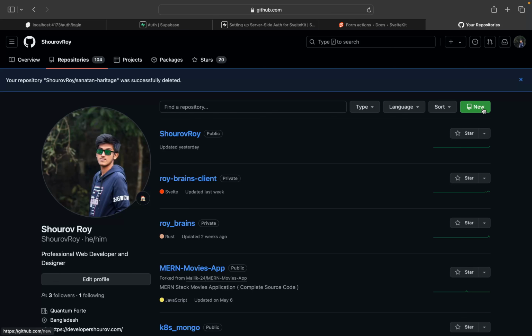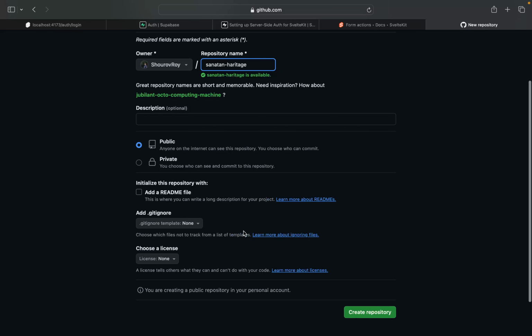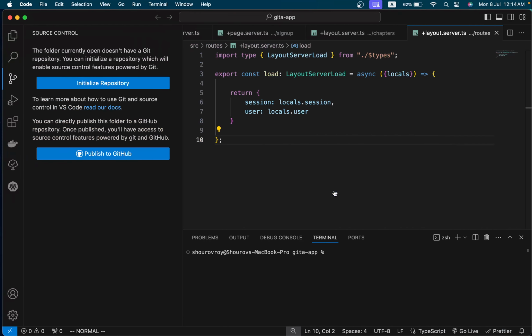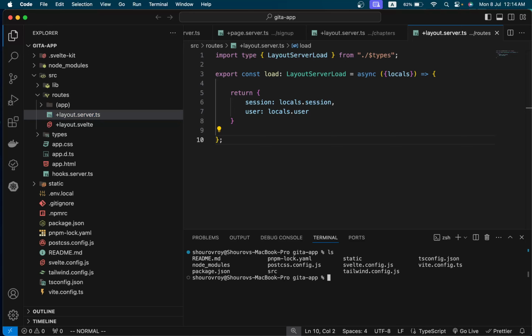I know you are good enough to create your own GitHub account. I'm keeping it public, so you can also contribute to this project. Obviously I will try to make a GitHub tutorial for you in future. So to initialize it, let's go to our root project directory, and there I need to specifically type